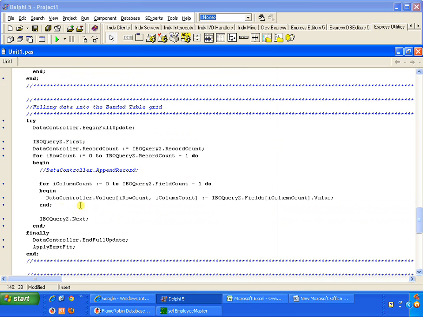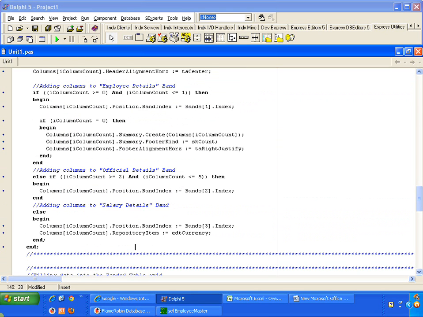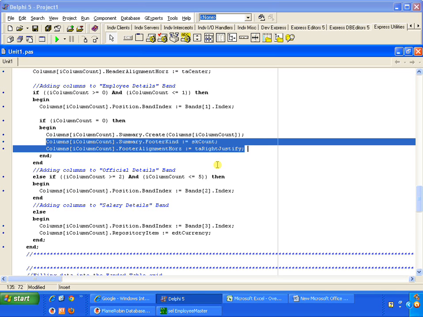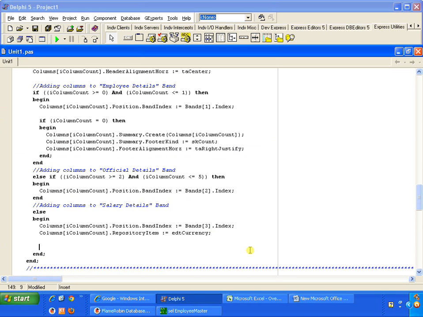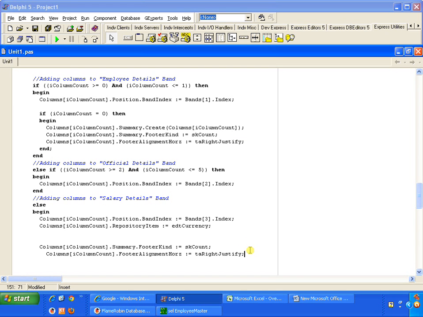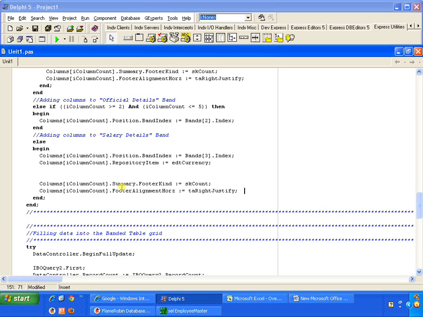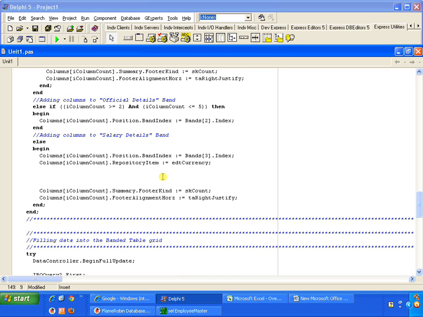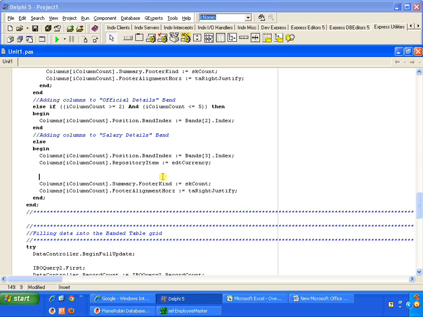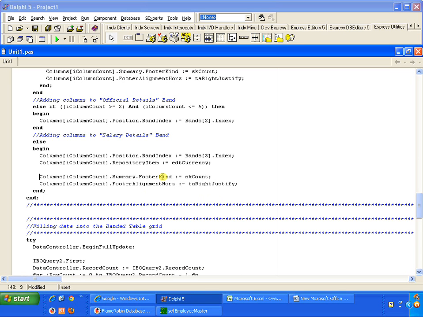Here you could do one thing, as we have seen, directly we can create here with the column. What we would do here is that at the end we can do two ways. First way, let it be as it is, whatever we have done here, sk count and write justify. This way we will be keeping, because this is the easiest way to perform. Another way I would be letting you know, but first we'll keep it as it is,